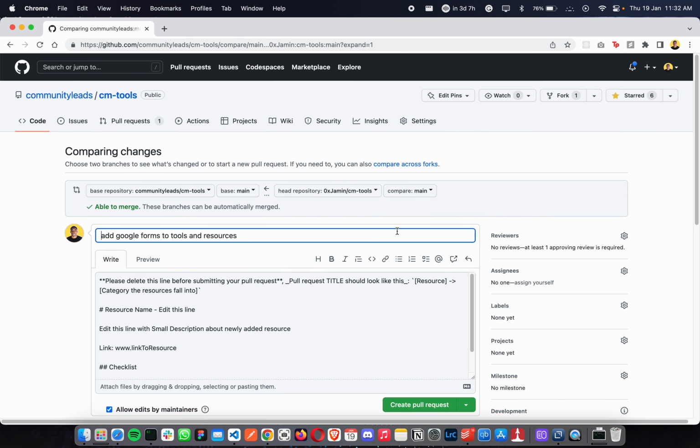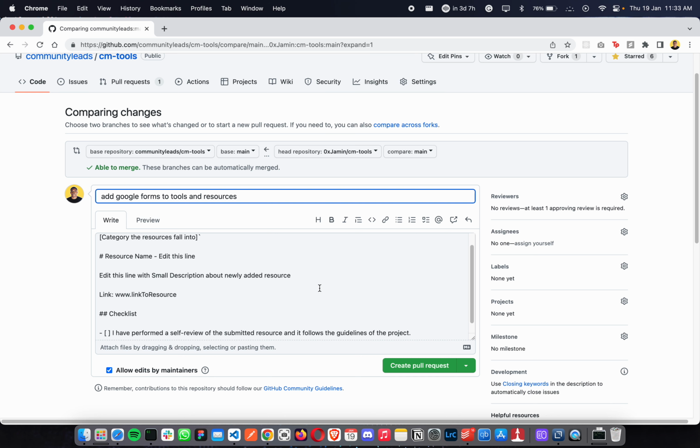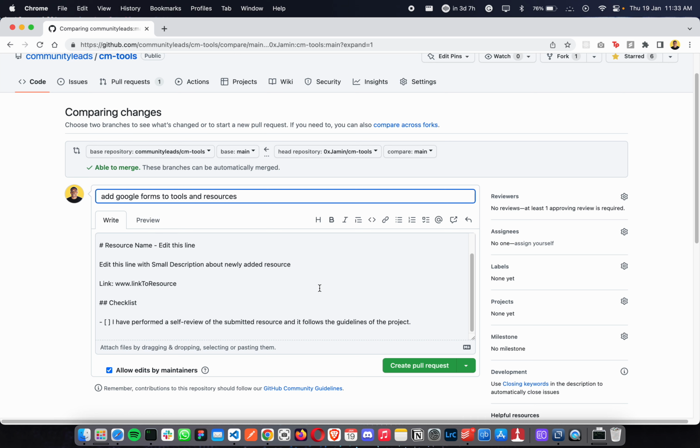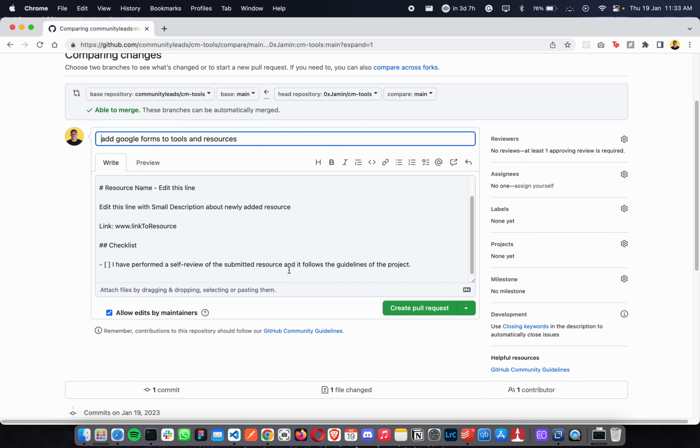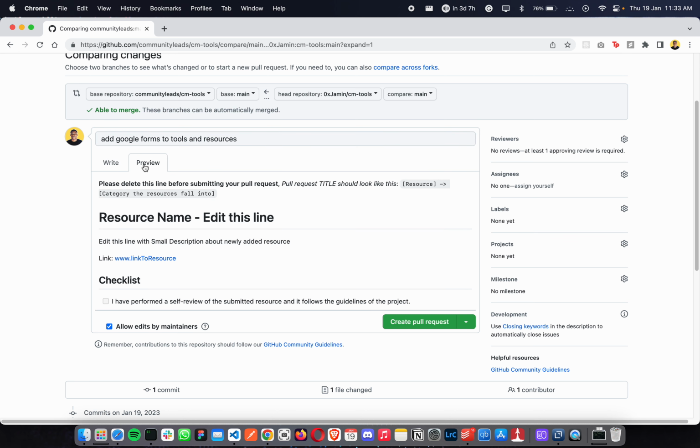Now opening a pull request will get us to this page to compare the changes on the community lead repository to our own changes. There's a readme with some instructions and guidelines for you to follow when creating a contribution. So you can just click on the preview tab, and it says please delete this line before submitting your pull request. Your pull request title should look like this: resources/category the resources fall into. So we can just copy this,